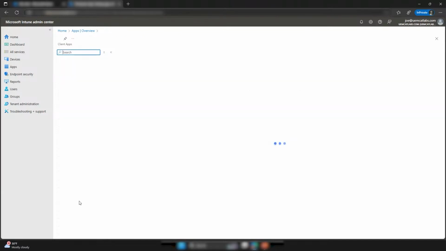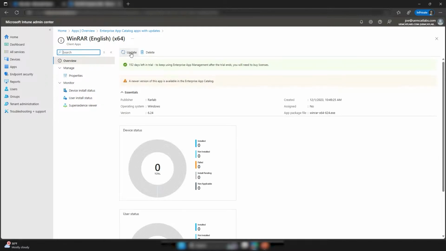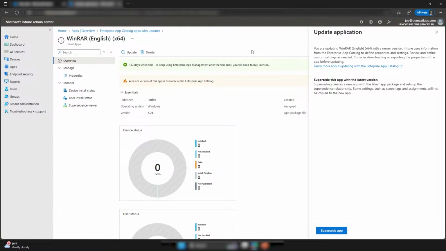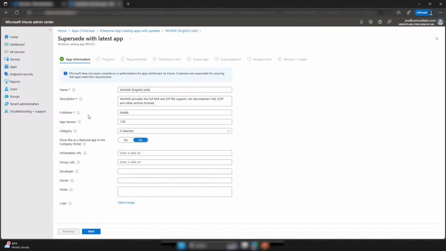I can just say, you know what, WinRAR, I'm going to update. I can see here the update, and I want to update all my devices that have received 6.24. I'm going to go ahead and supersede my package. I'm going to push down that update. As I supersede the package, app version 7.0 is now available here. Again, these are all going to be the same, so I'm going to go next,